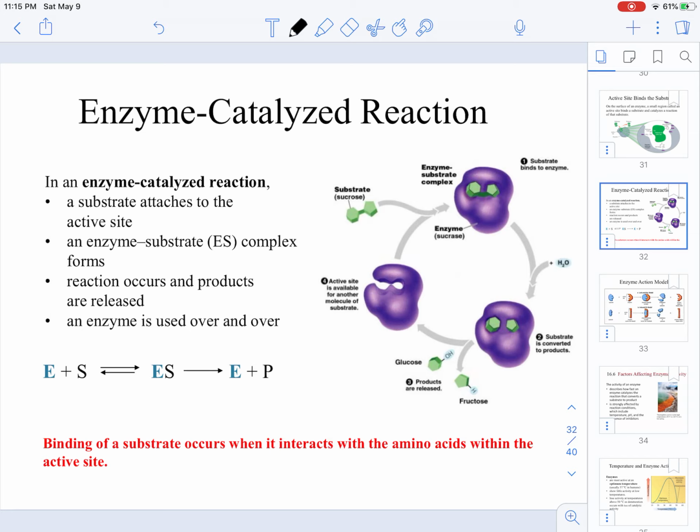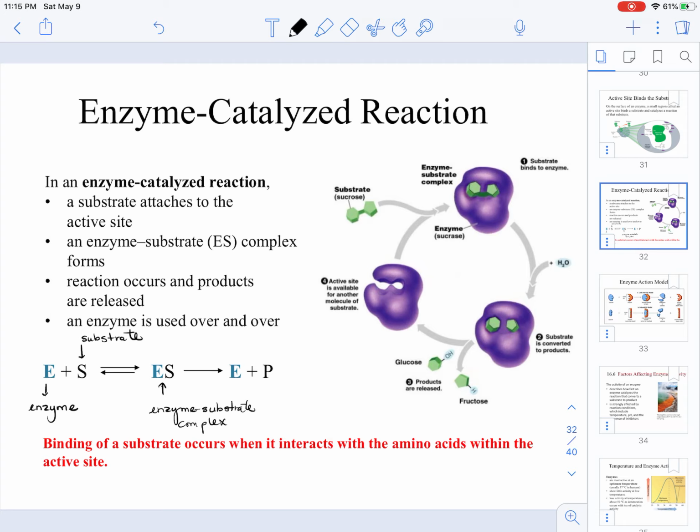We have the enzyme and the substrate combine with one another to make the enzyme substrate complex. This enzyme substrate complex, as you can see, has an arrow in the reverse way because this can be